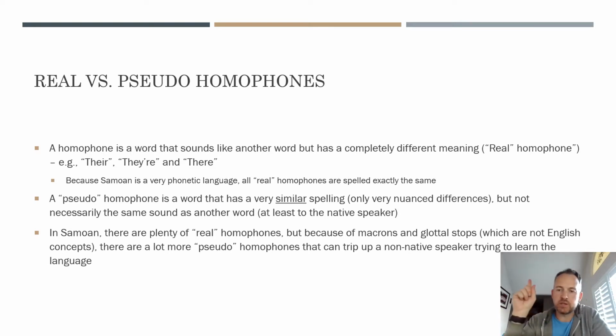Of course, there are other videos that I'll put a link up to here that cover some of the basics that you might want to look at before you're watching this video. Anyway, there are glottal stops and there are macrons. That was the other one I wanted to mention. They don't exist in English. And for a non-native speaker, it can sometimes be difficult to differentiate that it's actually a completely different word and it means something completely different. So I'll show you examples.